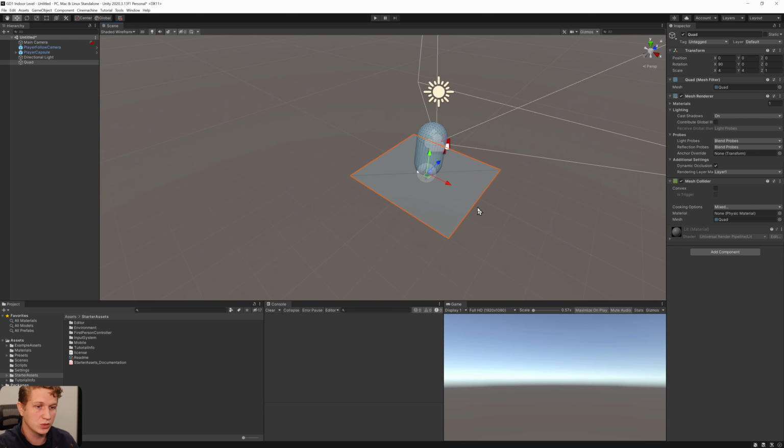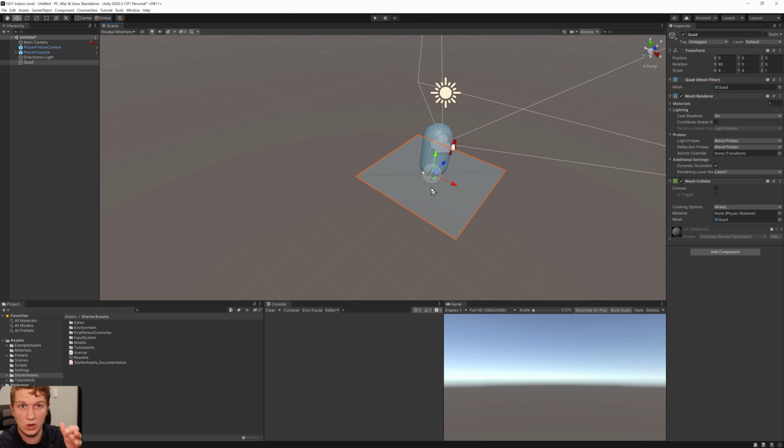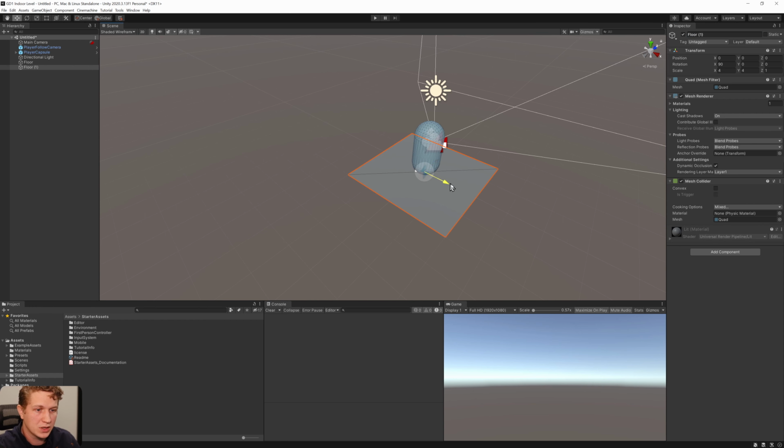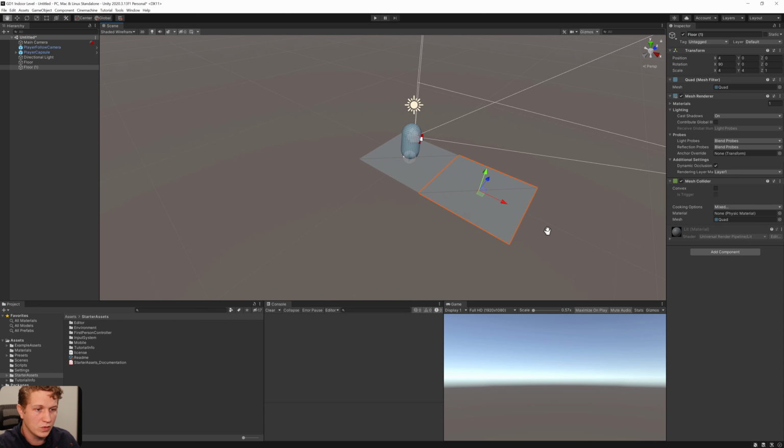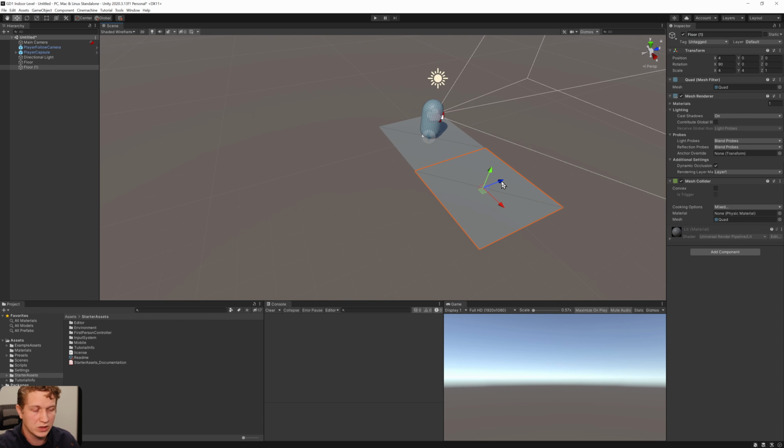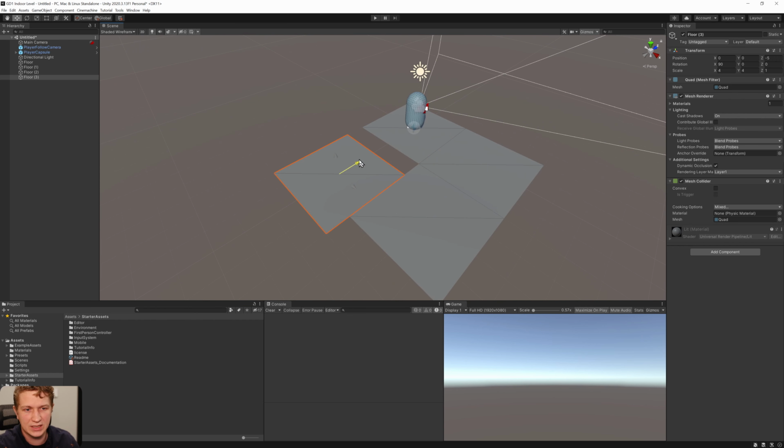So I'm going to press Control D with my quad selected. Let's go ahead and rename it floor. That seems like a smart idea. I'm going to duplicate it and move it over by 4 meters, and then duplicate it again and duplicate it again. Now, right now my snap is set to 1 meter increments, but I'm really only moving in,